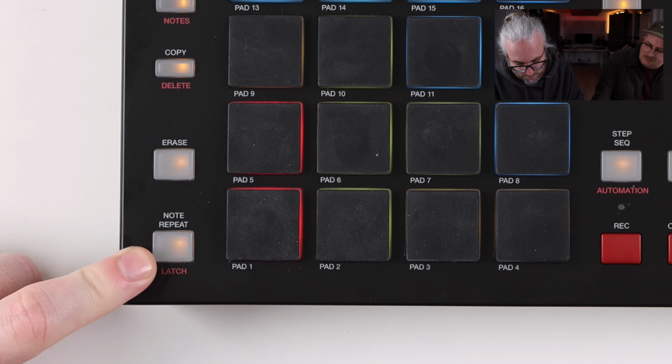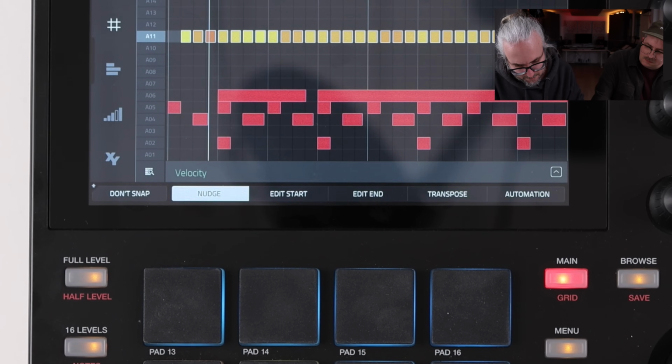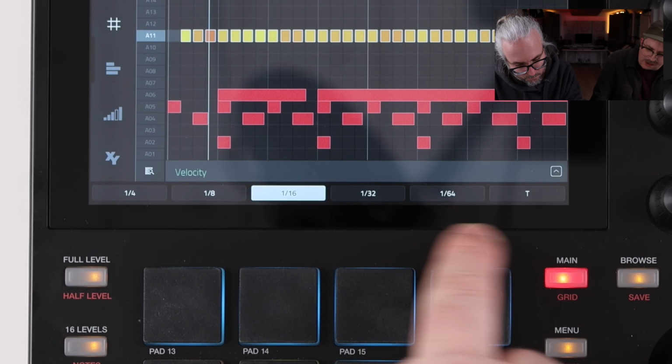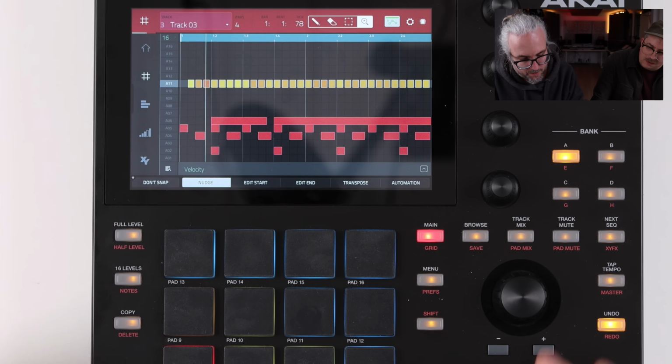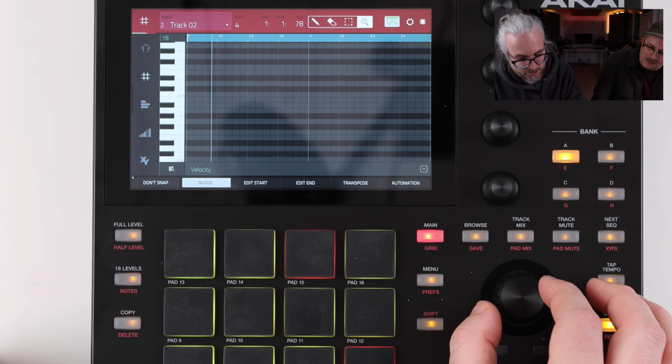Yeah. So that's the note repeat. Is there different settings on the screen for it? Yeah. Depending on how fast you want it. So if I wanted to go back now and just erase the bass, I would just change to track number